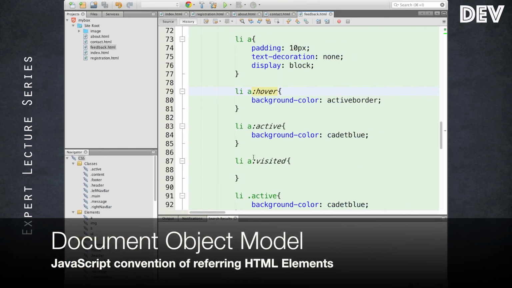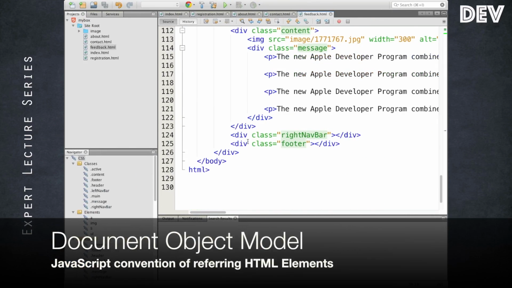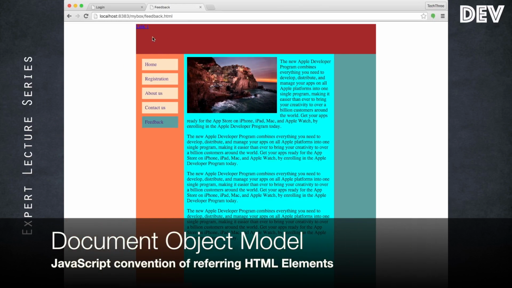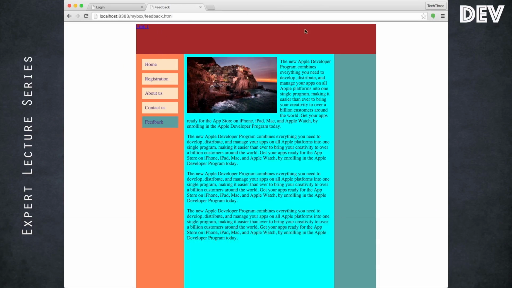Let us see which DOM we have to represent the content. In this case, a div tag having a class attribute value set to content. This is more than enough to get changed. The rest could be the same. Logo is going to be the same. Maybe the search bar is going to be the same. Only this particular content looks like it's going to be changed.